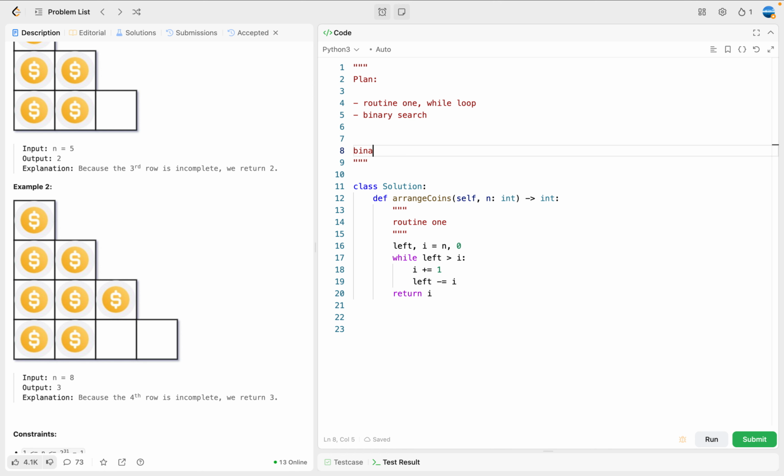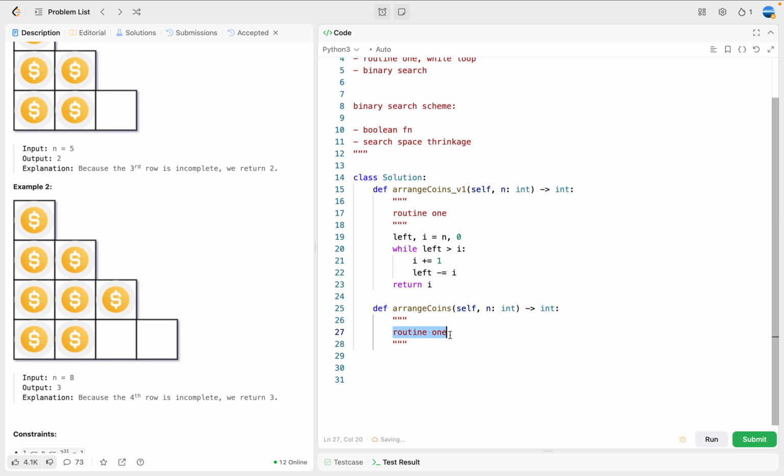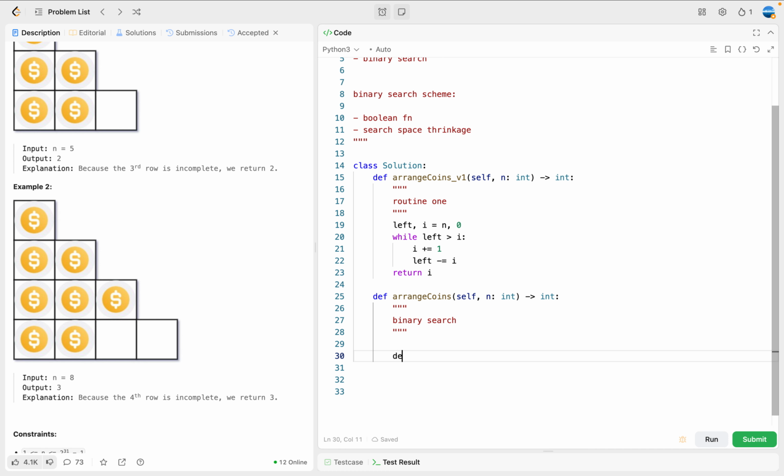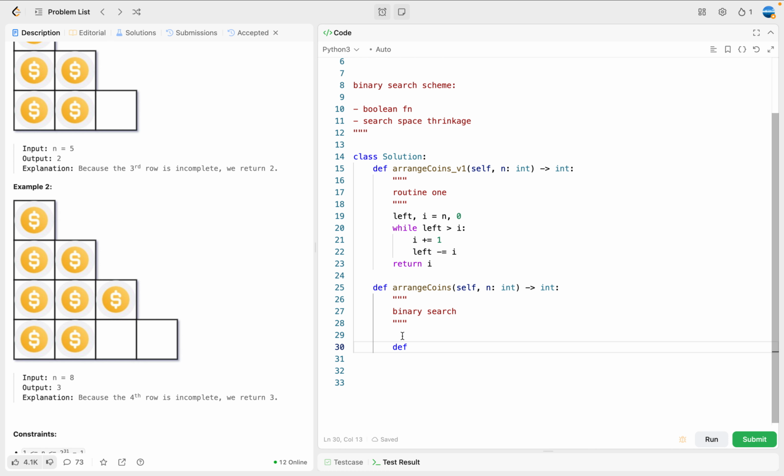I'm going to copy this part and put it here. And I'm going to call this one version v1. So now this one is based on binary search. So first I'm going to define a Boolean function. So basically I want to check if we can have k complete rows, how many counts we need. So here I'm going to return